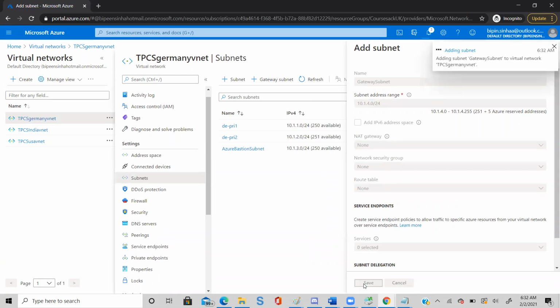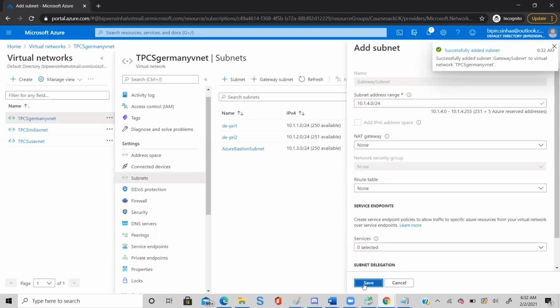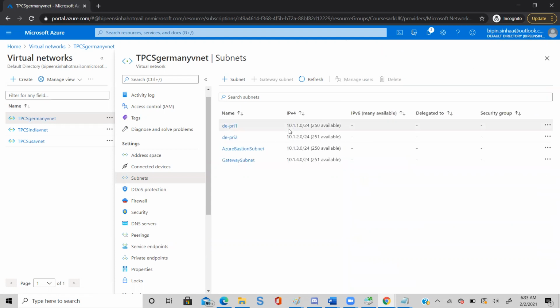All right. So we are adding a gateway subnet. All good. Can you refresh that screen now? Here you have a refresh button. All right. So now you have 4 subnets in Germany. Private subnet 1, what is the IP address? 10.1.1.